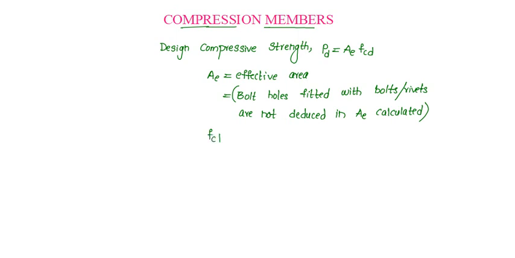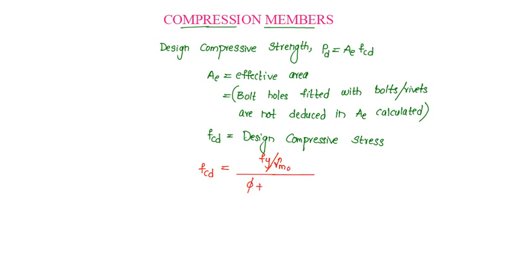And fcd is design compressive stress, which is given as fcd equal to fy by gamma m0 by phi plus under root of phi square minus lambda square, and this fcd should be less than or equal